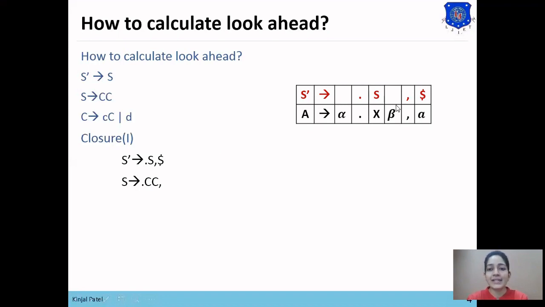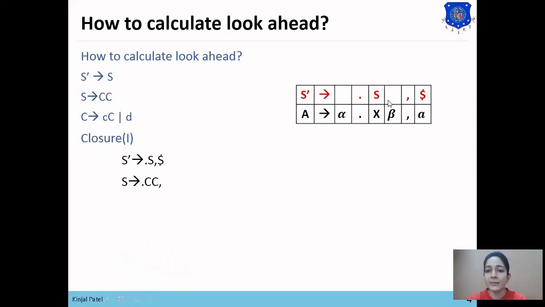This will be compared with A derives alpha dot X beta comma a. Here X equals S, which is what our new statement has been derived from. Beta means the term between S and comma. Here beta is null, as there is no term between S and comma, and dollar equals a, meaning a equals the look ahead symbol.